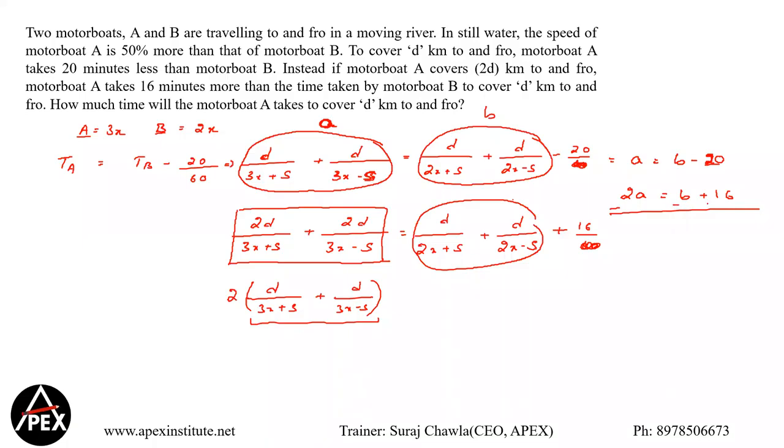So that's my answer. Subtracting the equations, b gets cancelled. So you get a minus 2a is equal to minus 36, or the value of a is equal to 36 minutes. And that's going to be your answer. Any doubts here, guys? So we had...